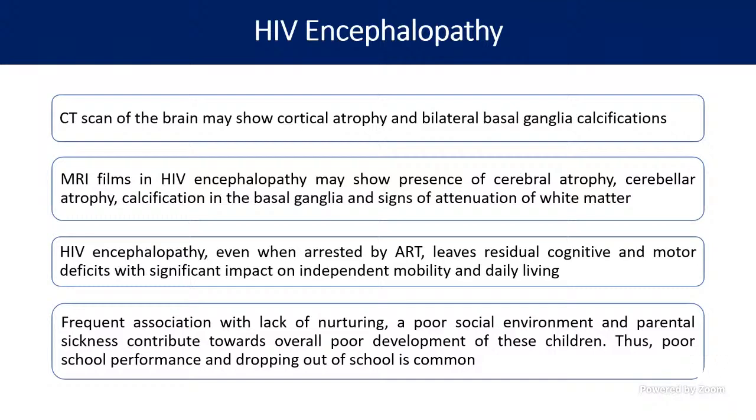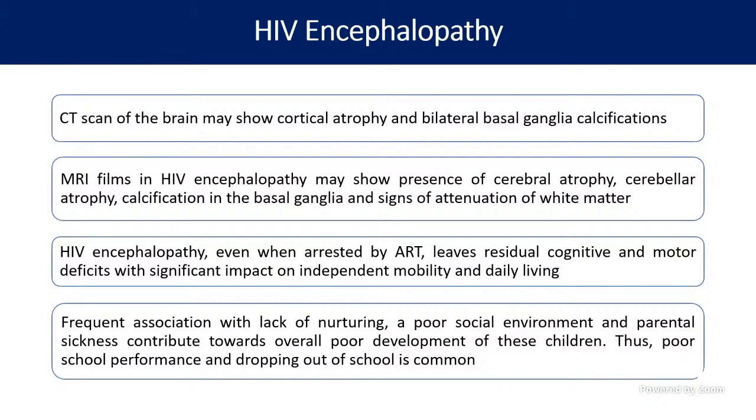When you are seeing the height, weight, we have seen now. So what is the development of the child? Is the child going to school? Is the child attending the classes? Is he concentrating properly? Is he behaving properly? All this has to be asked and inquired. It's very, very important to find out. So how do you investigate? As I already said, you have to do CT scan and MRI, and the cognition will be affected. It's the same thing.